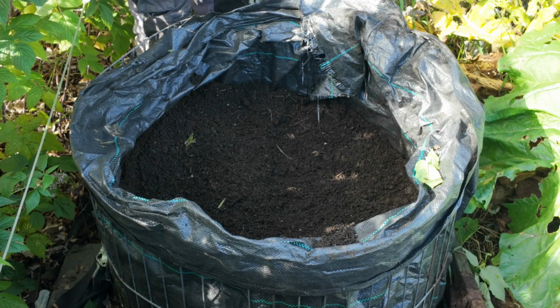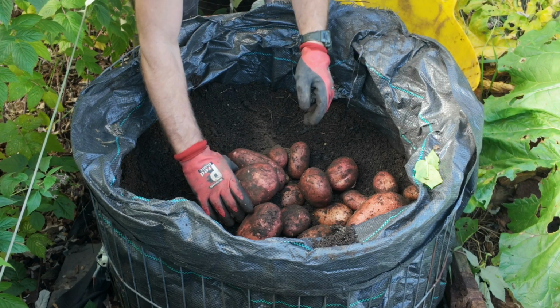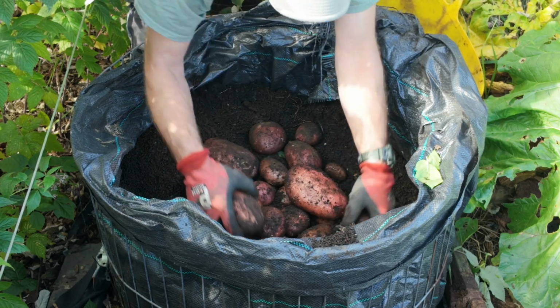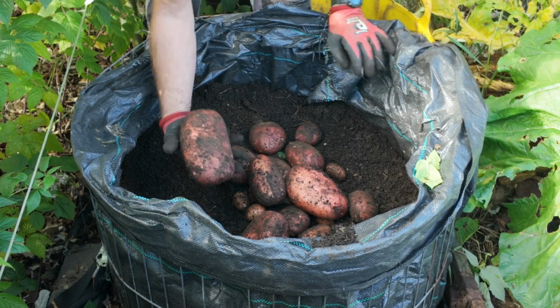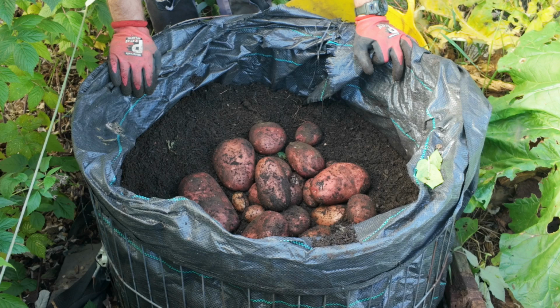Right, what I'll do is I'll empty them out back in here and we'll have a little look. So yeah, that's my best one. That's a whopper. Can you see all them on there? Yeah, so I've got some massive spuds there, not a massive amount because there's only two plants in here. That's all going to go towards the total, and